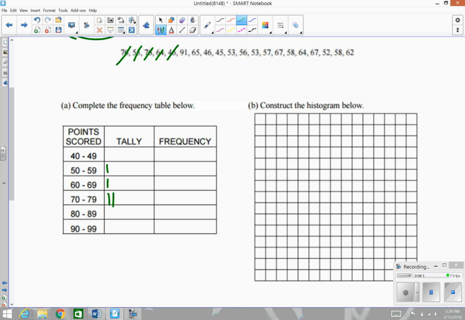64, 46, 91, 65, 46, 45, 53, 56, 53, 57, 67, 58, 64, 67, 52, 58, and 62. So when I go to find my frequency, how frequently it happened, they got 40